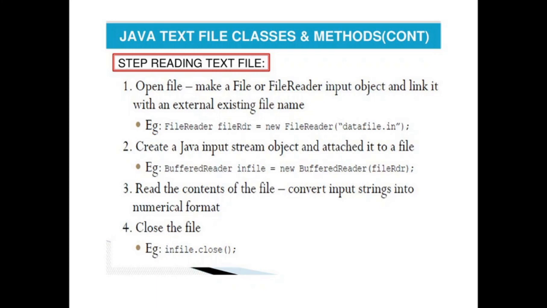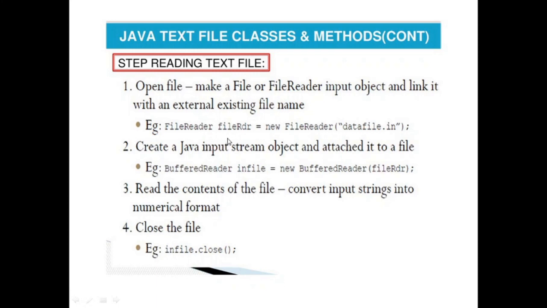One thing worth mentioning is that you can use these functions and classes at your own disposal, and there are some things that are redundant, where the same thing can be done from one class or the other. In that case, suppose we want to open a file, we can use File and FileReader both. It is better if we use FileReader, because it will open the file in read mode. Then FileReader fileRdr is equal to new FileReader("data file.in").